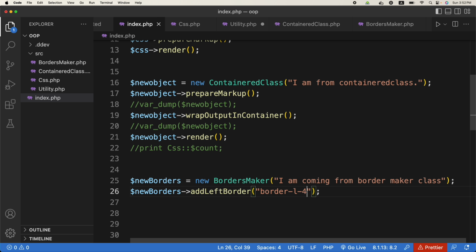This is all basic stuff now, passing parameters to the function and using it. Okay, arguments and parameters and all. This is used in JavaScript as well as PHP, in any programming language, so you should not be bothered about this now. So new borders, add left border, and what should be the border width? This. That's it. So now this class has been added to the